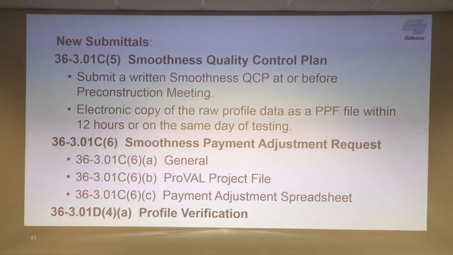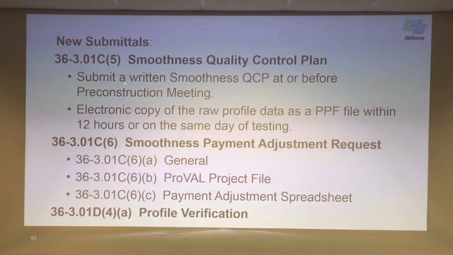The purpose for the smoothness quality control plan is that when we start analyzing a lot of profiles and comparing one to another at different times, it's been my experience that every time I try to compare one profile with another, the DMIs don't measure the same. They don't align with each other. You can look at them in the software, and they just don't line up. So the main purpose for this quality control plan is to do what we can to make sure every profile lines up with the previous profiles.